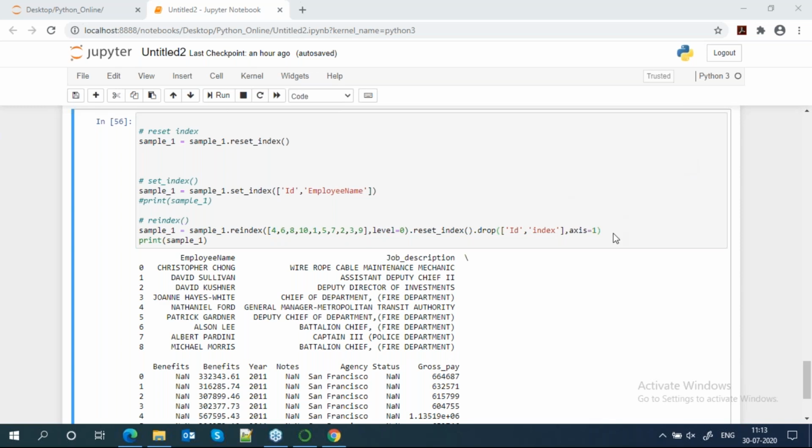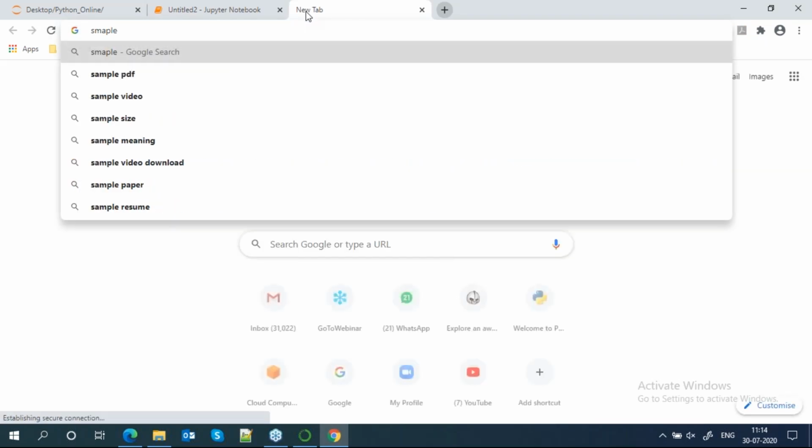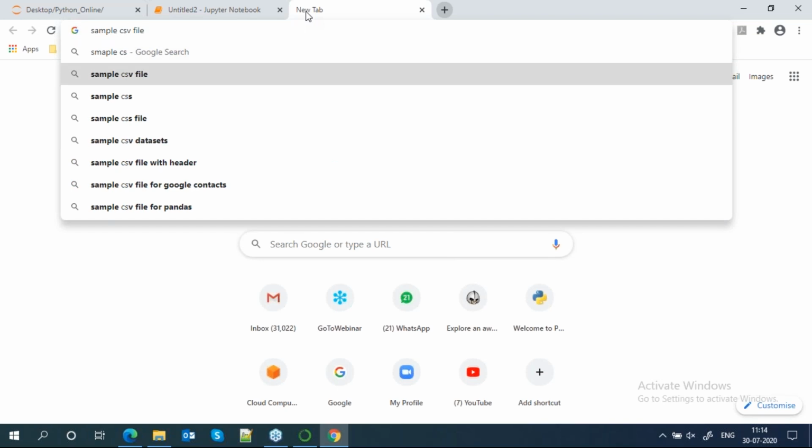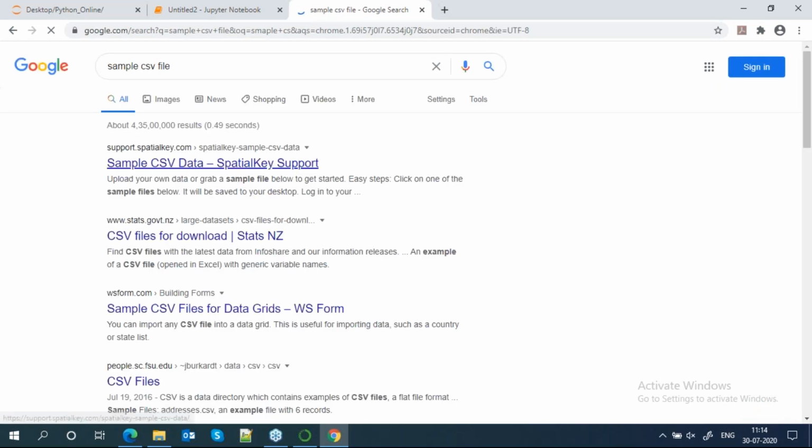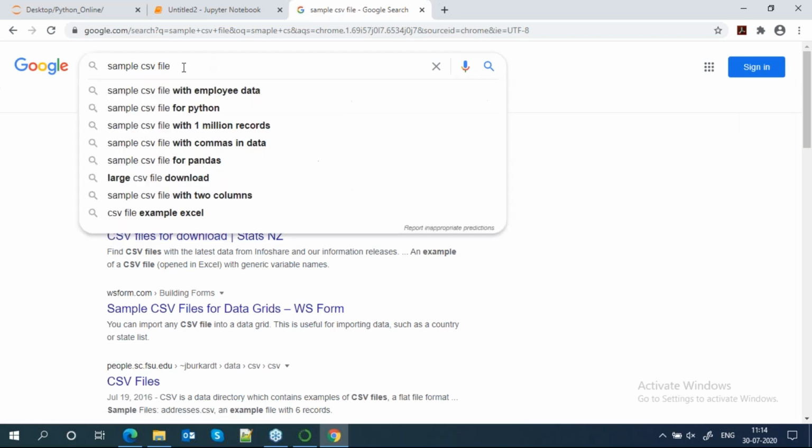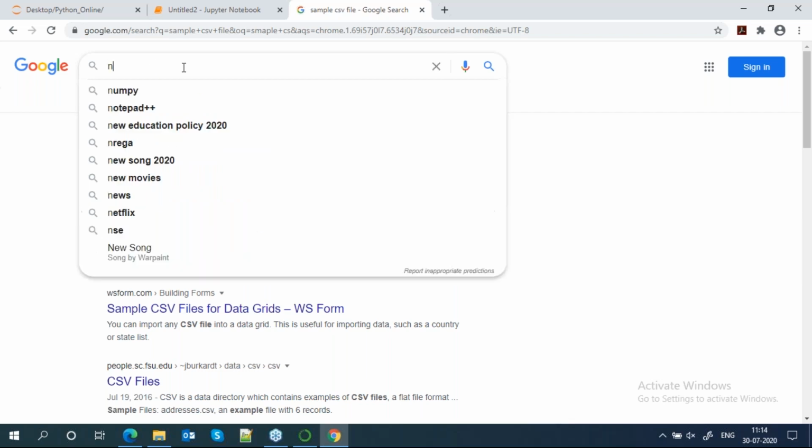And Alok, can you send me the link in the chat box? I think it's working now. Chat is working. Yes. Can you send me the link to the sample file? You can use this also. I think last class I gave this link, the sample CSV file. I will give you a better file. Use this data set.